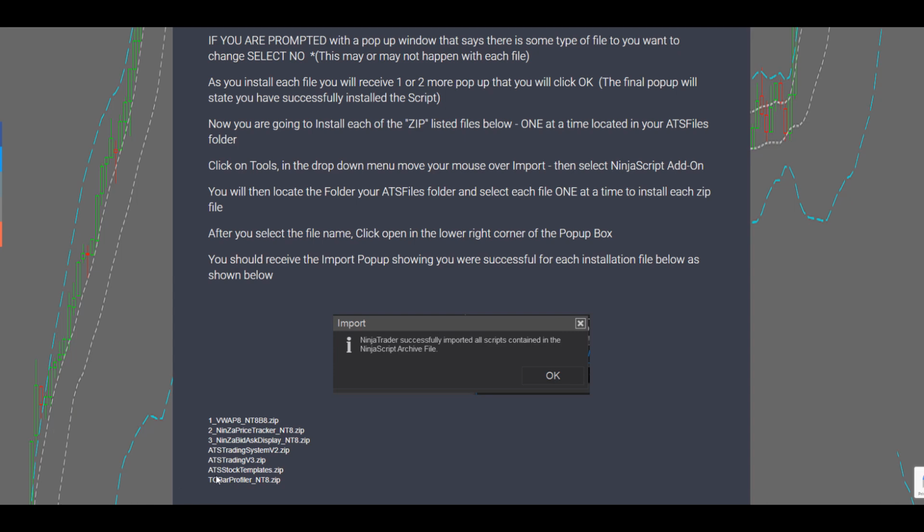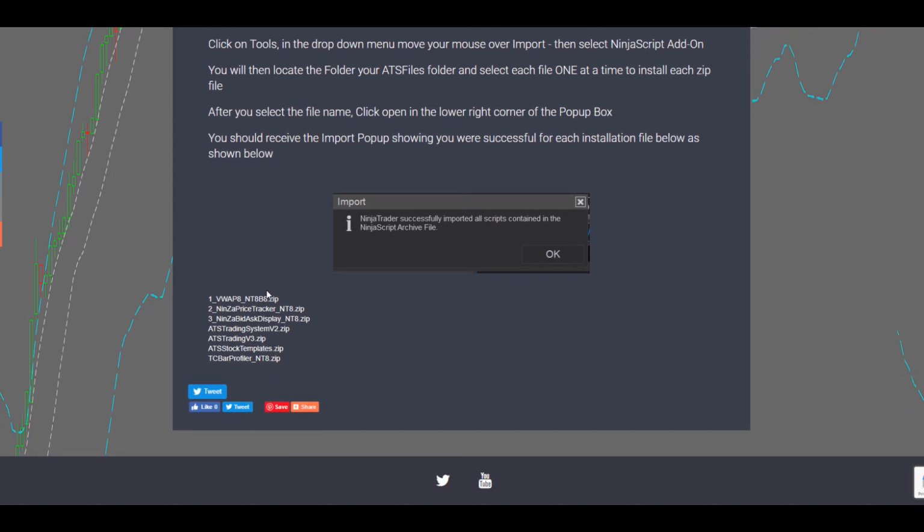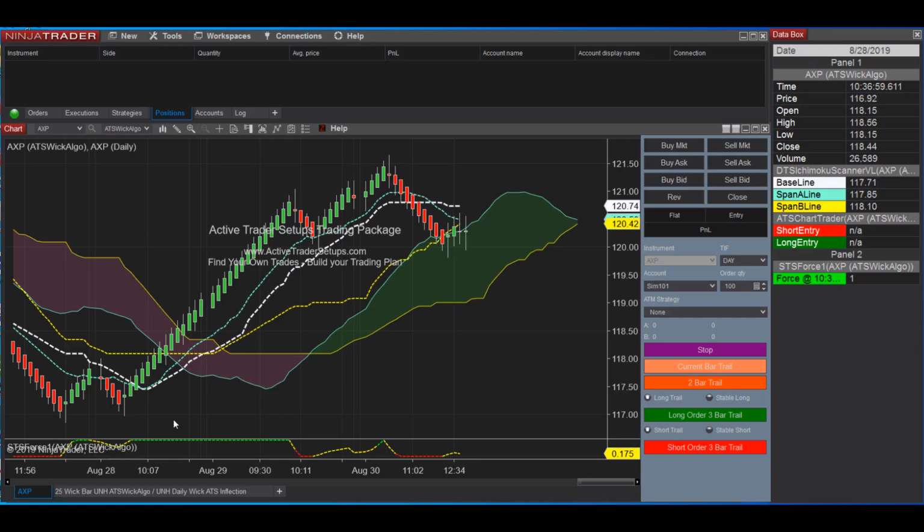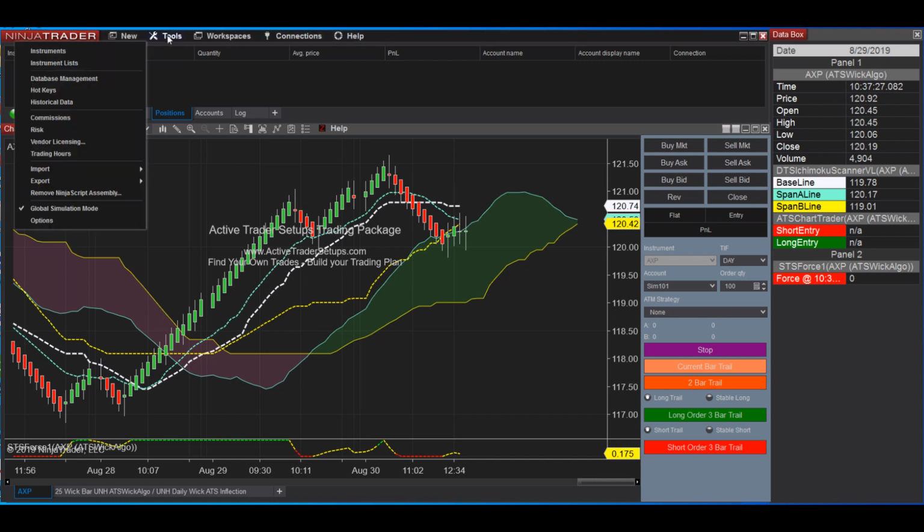Now I want to do them in the order that you see them here. They're alphabetical in your folder, so we want to use this page to follow along, and that's because we want to do our templates after we've installed our indicators. So we have our NinjaTrader open, and here at the top is the menu I showed you: New, Tools, Workspace, Connections, and Help. We're going to go to Tools. We're going to go down to Import, over to NinjaScript add-on,